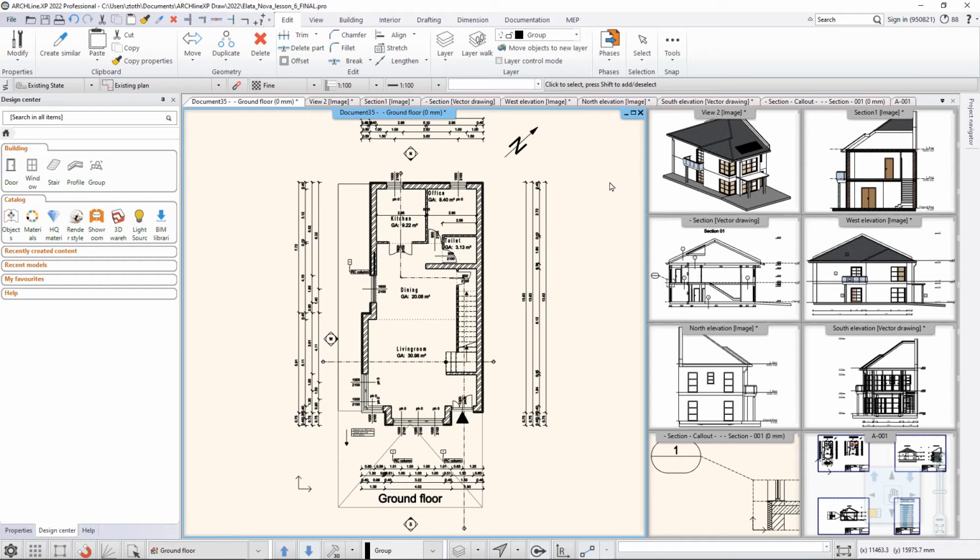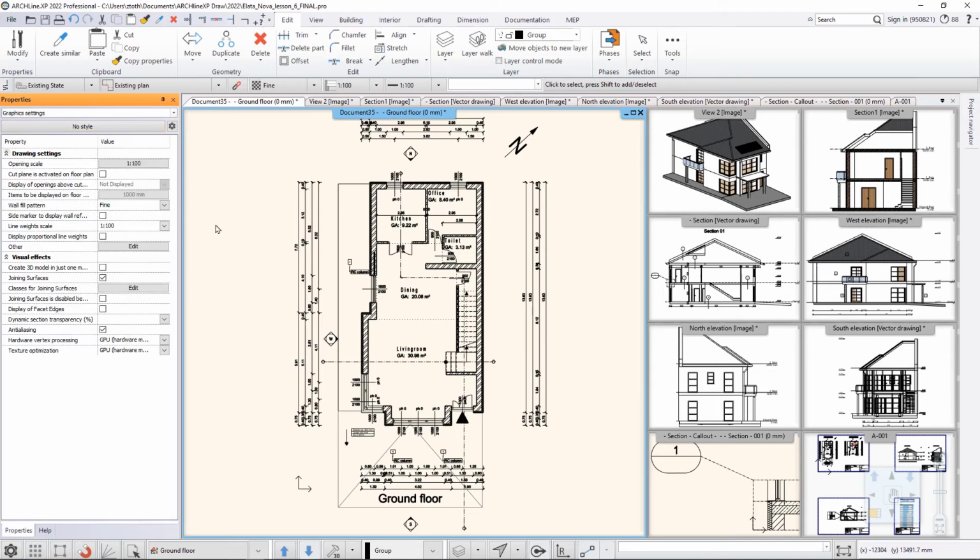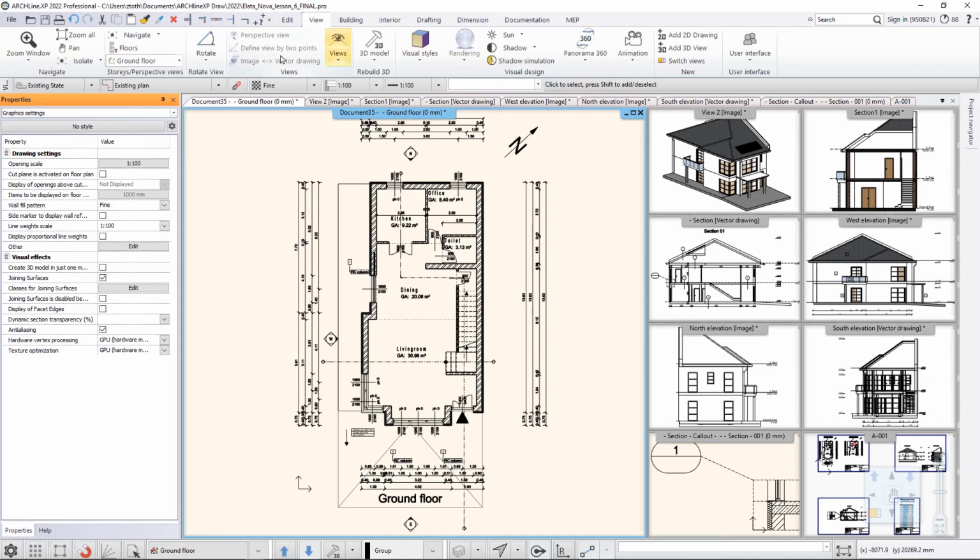Now, what happens if you would like to go back to the defaults? For example, in the beginning, I sometimes accidentally clicked on this little cross, so I closed the design center, and later I realized, okay, where is the design center? No worries. If it happens to you, or for any other reason you would like to reshuffle the interface back to the defaults, you can easily do that by going to the view tab here at the ribbon bar, and at the end of this view page